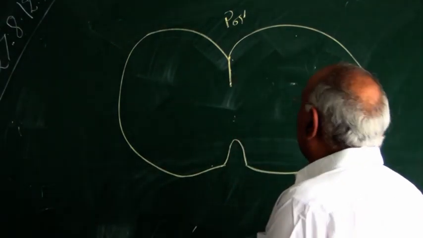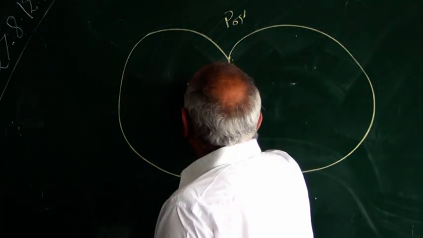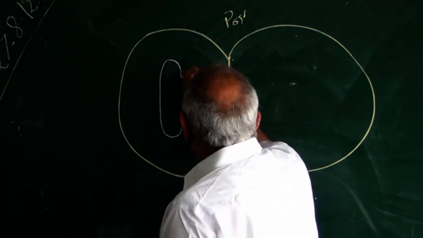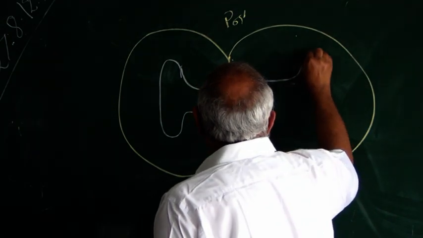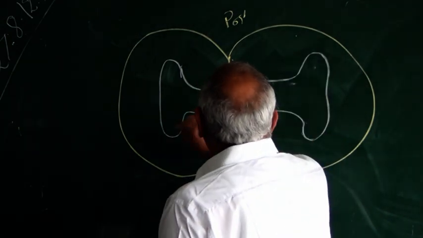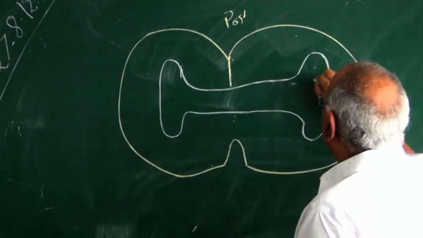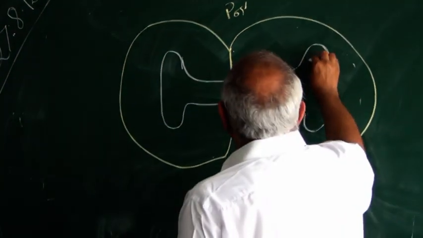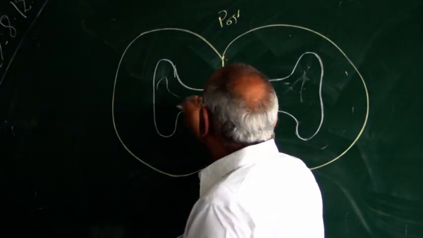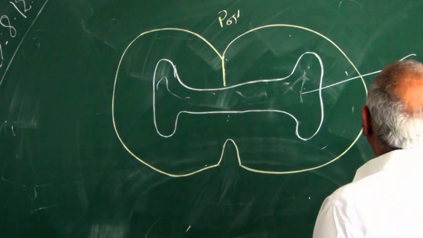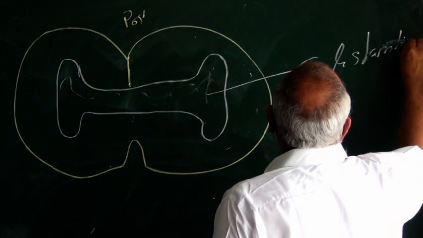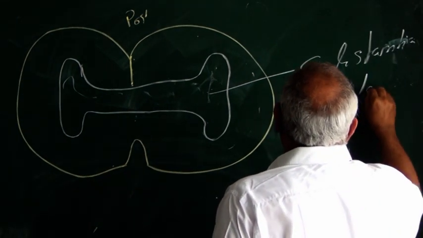And in the middle of it there is a butterfly shaped thing. This is grey matter. This is white matter. This is grey matter. It is filled with a gelatinous thing that is called substantia gelatinosa